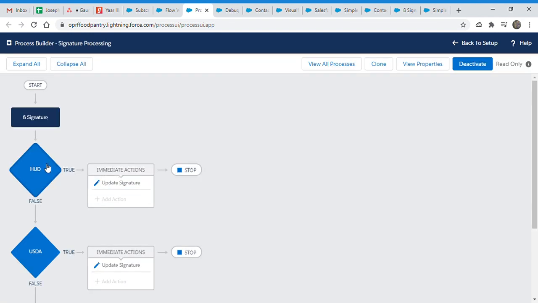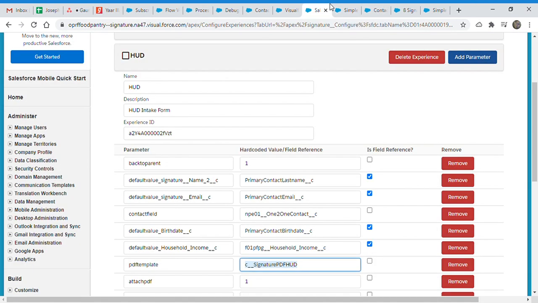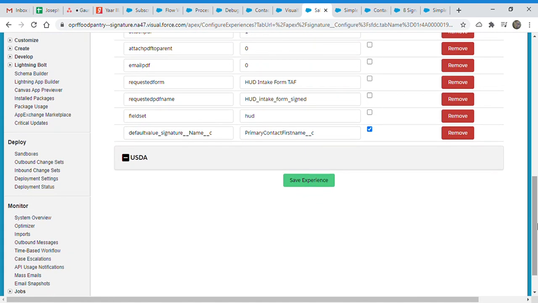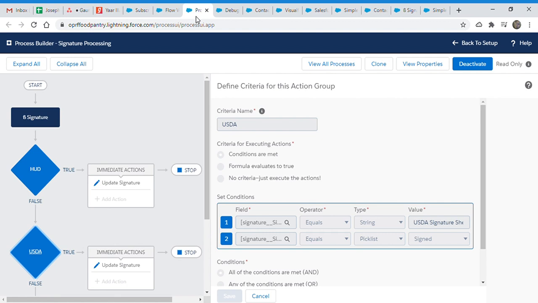So this is for HUD. The condition is if signature is signed and signature requested from is HUD intake form. Second is just the second experience where we put USDA signature and something like that. Let me show you. So this is USDA. You see, yeah. So for this, the requested form is USDA signature sheet. So this process builder is for these two, and it updates